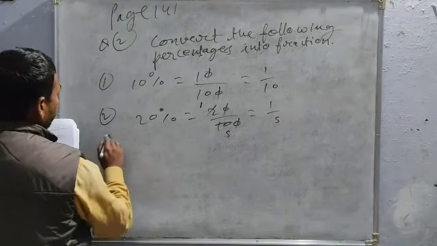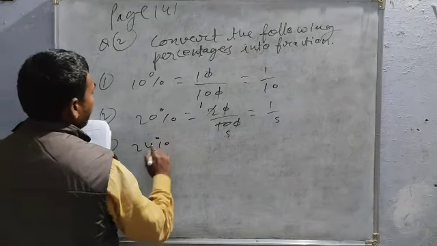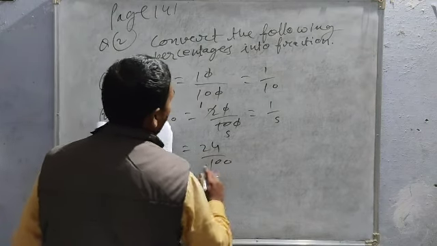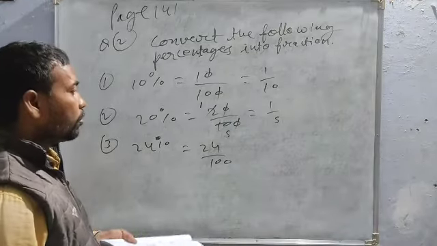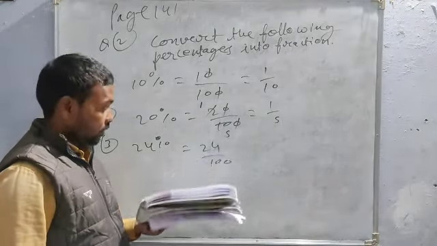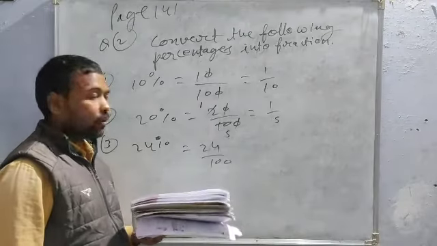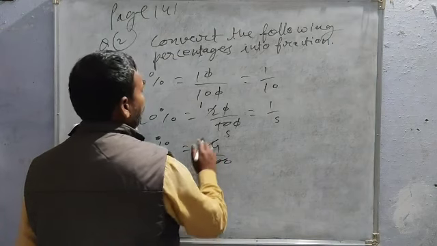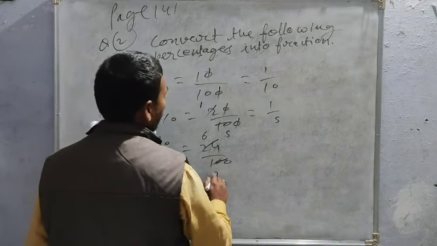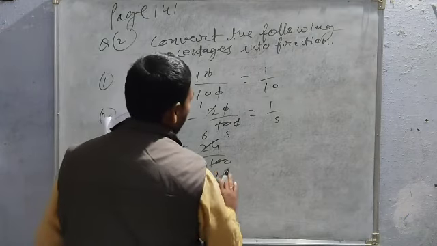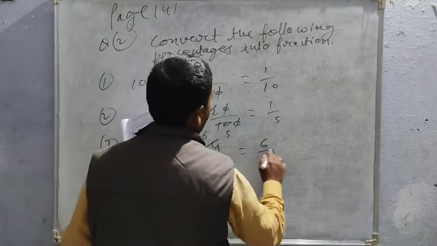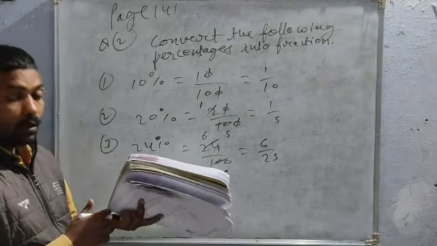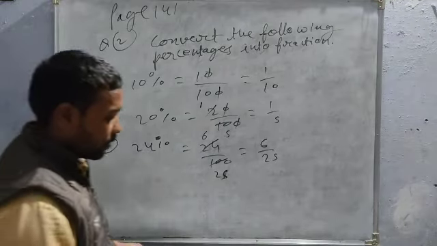And third one, we have written 24%. So this can be written as 24 by 100. See, 24 and 100 both are divided by 2. You can divide by 2. Or HCF of 24 and 100, that is the highest common factor between 24 and 100 is 4. You can divide directly by 4. 4 sixes are 24. 4 twos are 10... 4 fives are 20. So this will be 6 by 25. So the remaining questions you should complete by yourself. I will give some questions for practice.